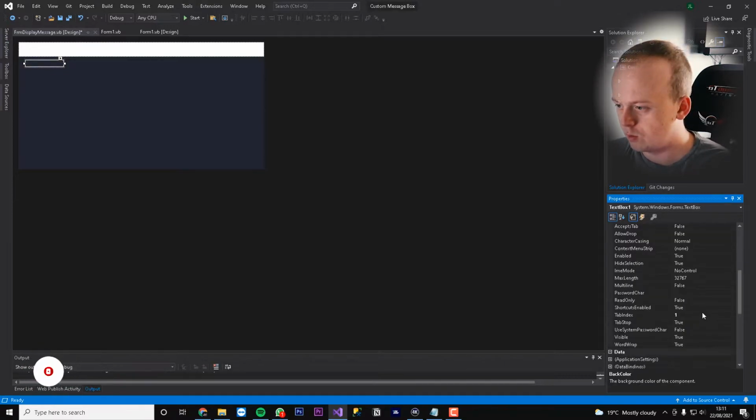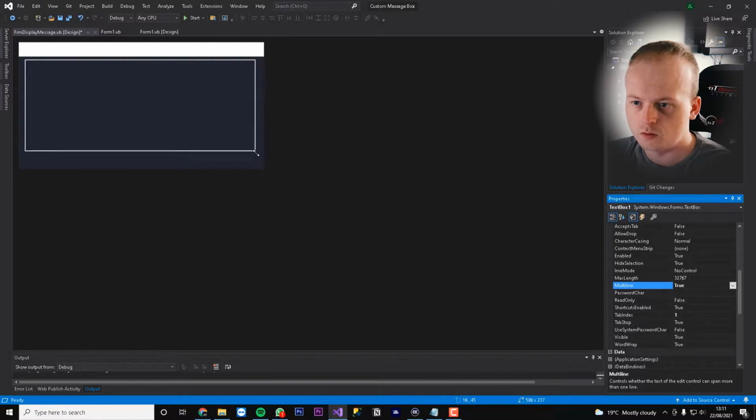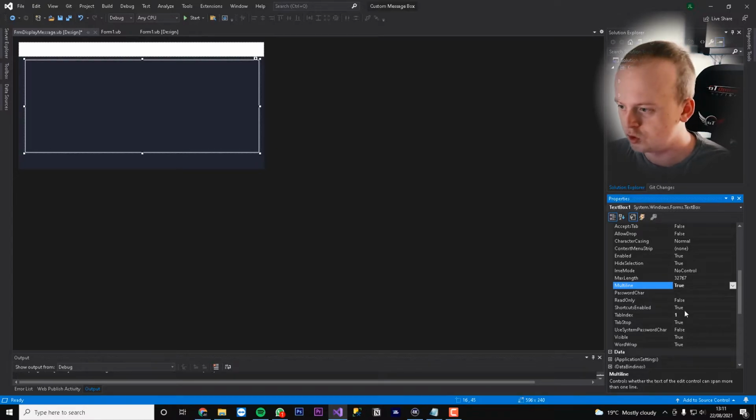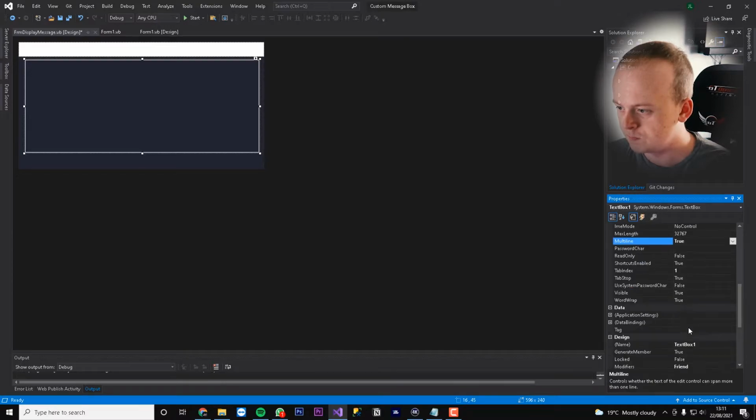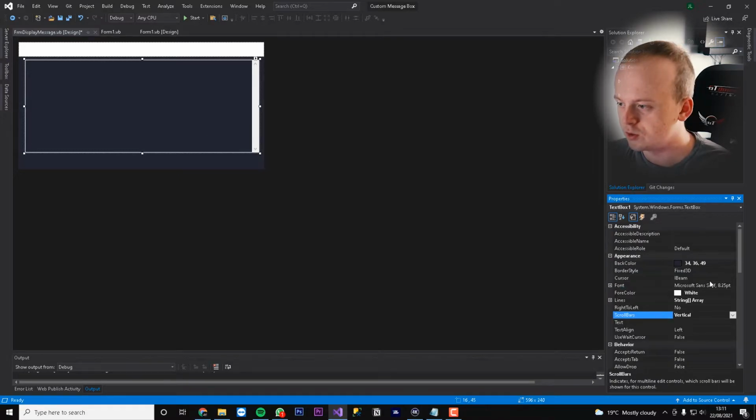We will then go multi-line true, and we'll drag this out so it kind of fits the full box almost. We'll also add some bars vertically, so we'll scroll down until we can see scroll bars. So here, and I'm pretty sure it's vertical, yep. And then what we'll also do is change Fixed3D to none.